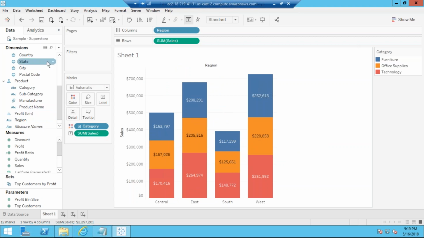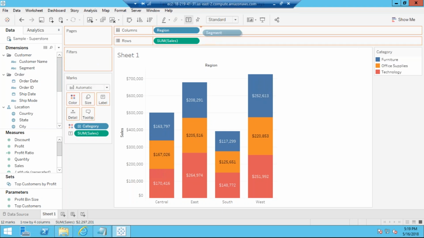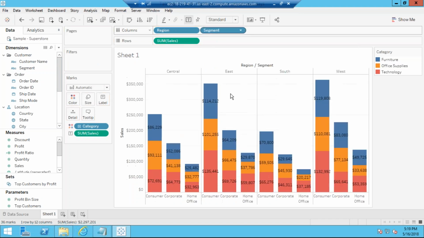If you want to bring more information here, just say segment, and drop it here. Here you have segments. You were having your regions: I have 4 regions, central, east, south, and west. I have sales.